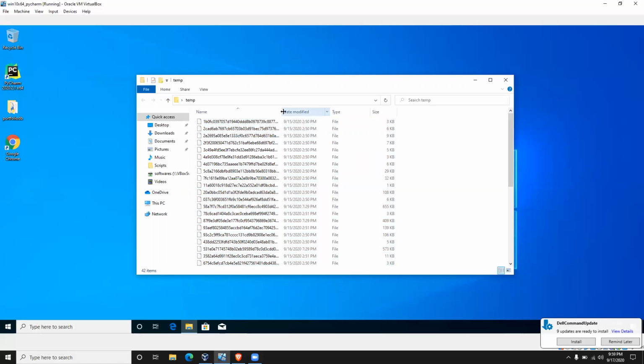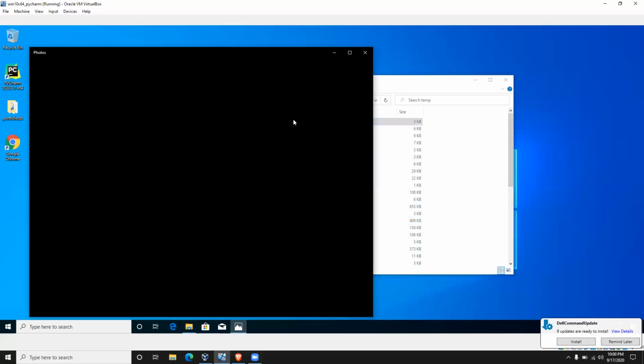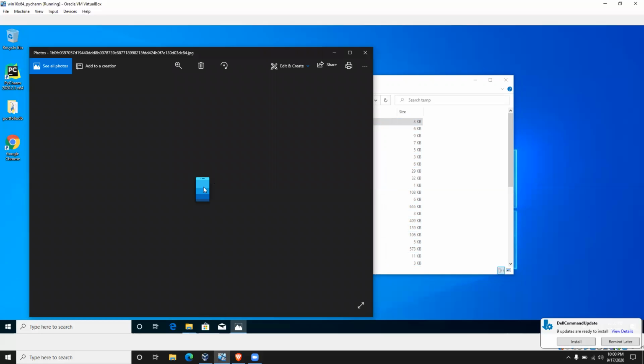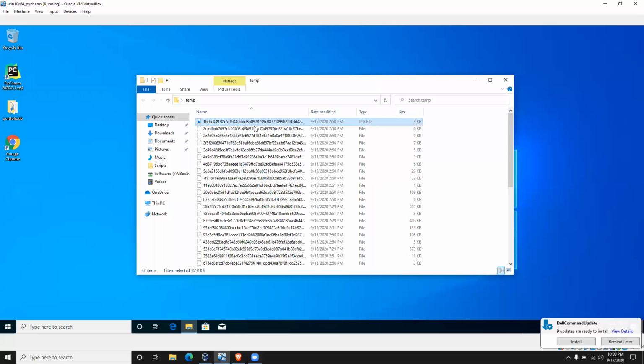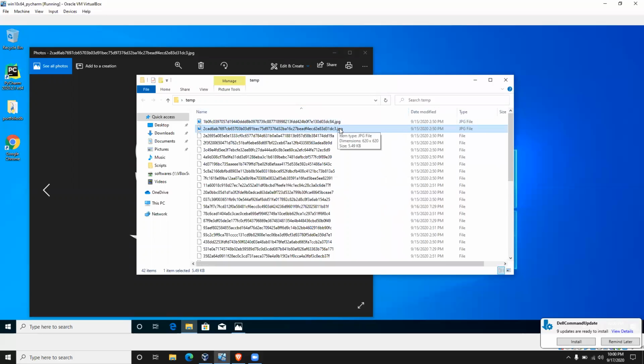Now I want to change all of them. So let me change one of the files and add the extension .jpg. Now open that. Some icon came. Definitely it might not be the bigger size wallpaper, but some icon came. Similarly, take one more and add jpg to that one. Once I add the extension, it is recognized as a jpg file, so I can directly open it with the image